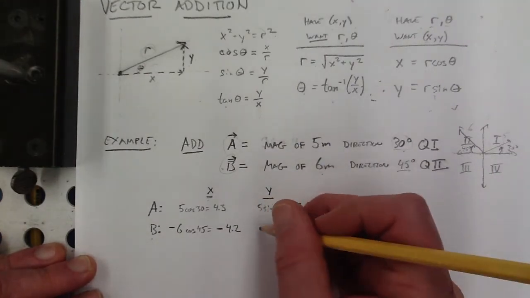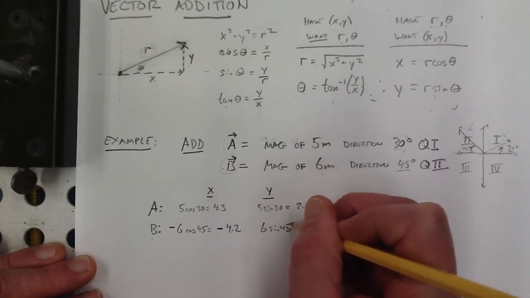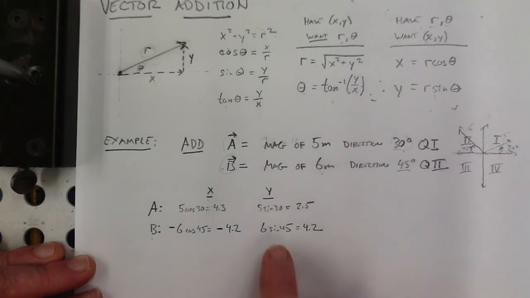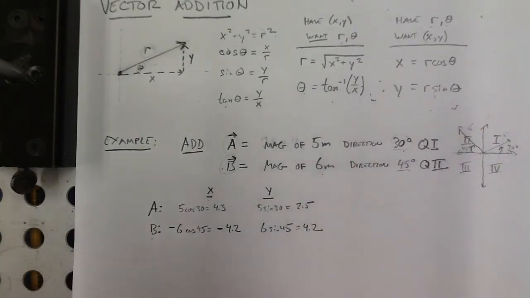And here I've got 6 times the sine of 45. It's a 45-degree angle, so you can punch that in your calculator. It's equal to the same thing. That's a y-coordinate in the second quadrant. That's positive. Okay, this is the number one thing that my physics students in the past have struggled with, is